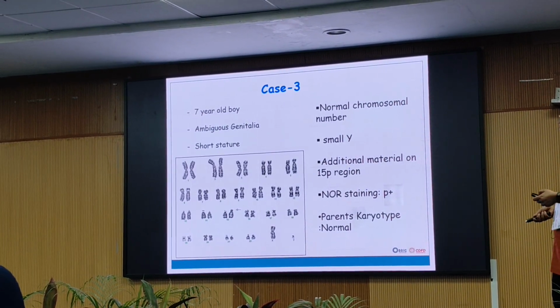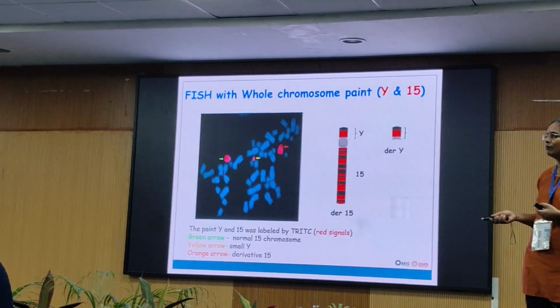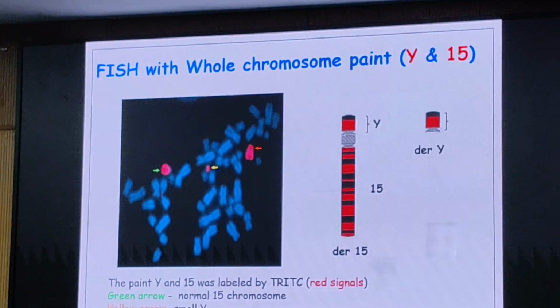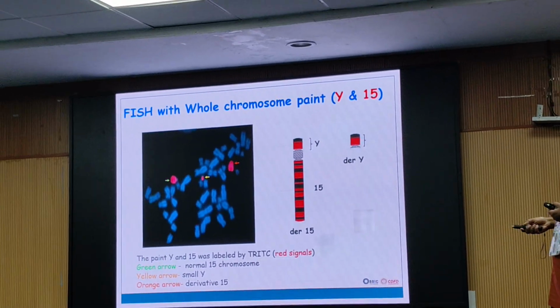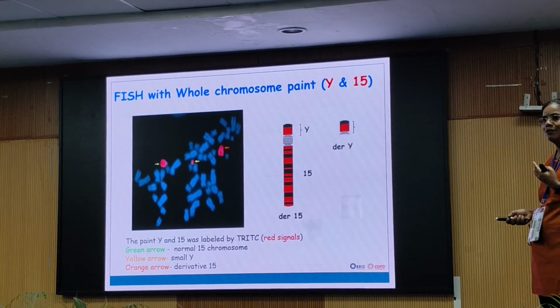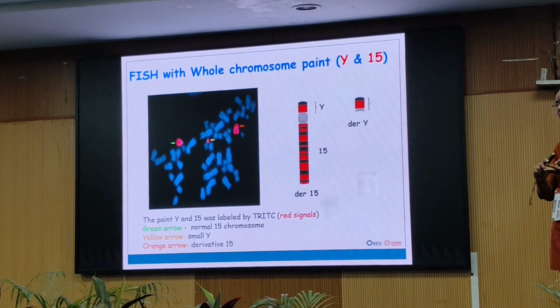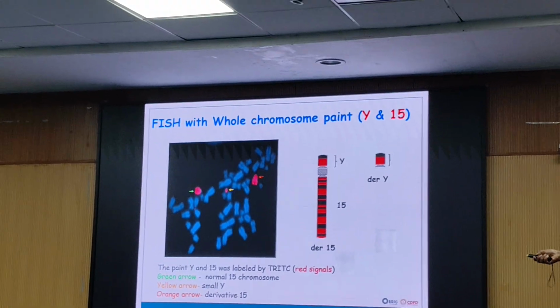So here what we have done is FISH with WCP chromosome 15 and also chromosome 5. But unfortunately, we have only the red color, so we could not see the difference in these two colors. So we have done, and you can see that there is a